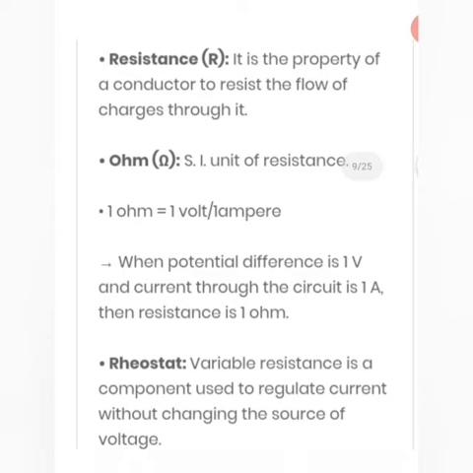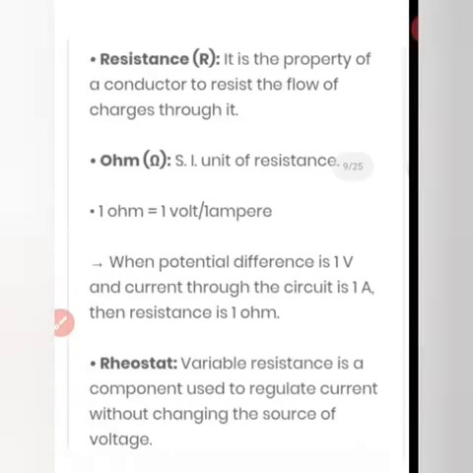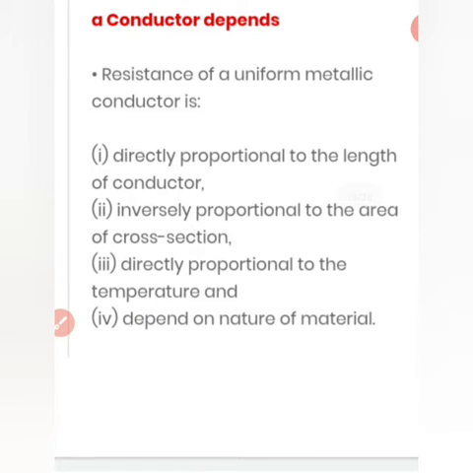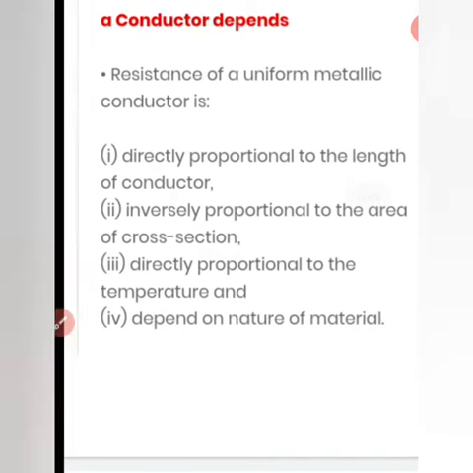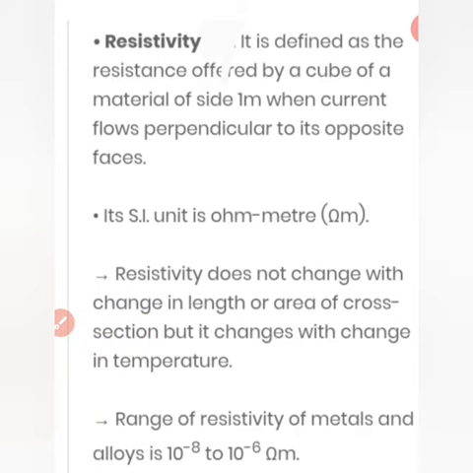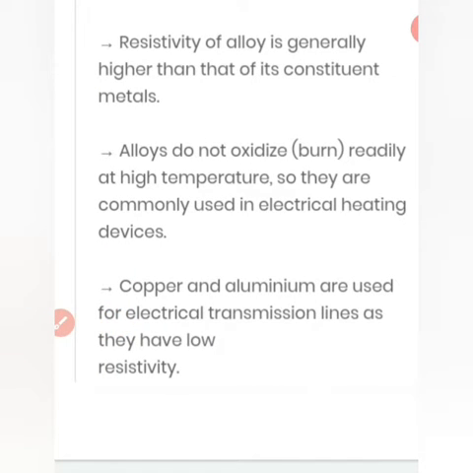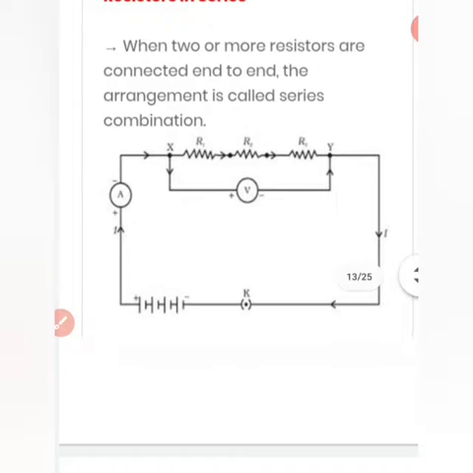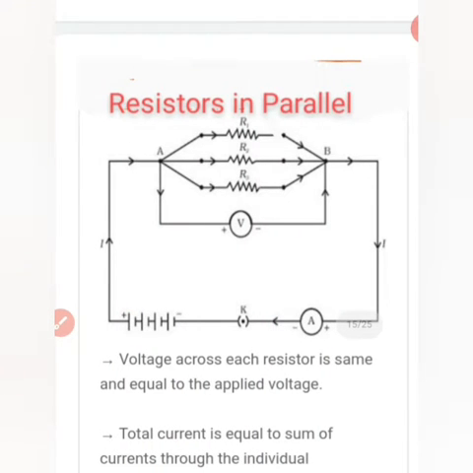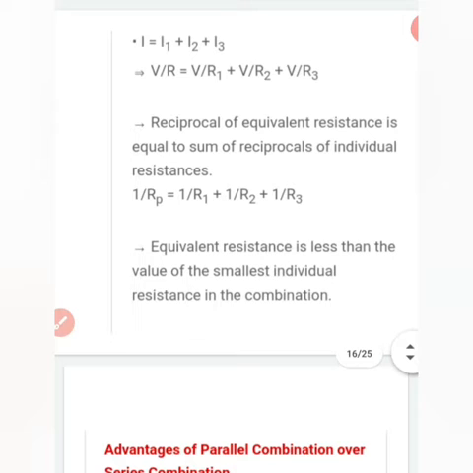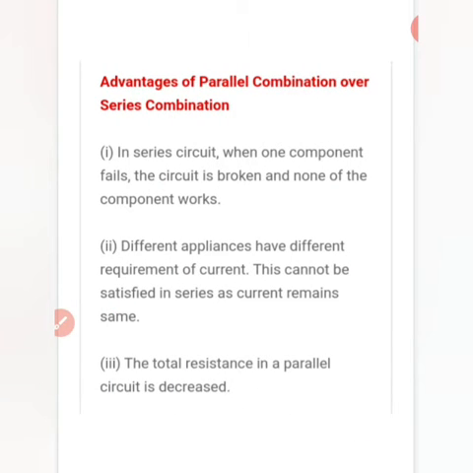We will study resistance, then on what factors the resistance of a conductor depends, then resistivity, what is resistivity, what is the resistivity of various types of substances, then what type of circuit will be found when the resistances are connected in series, and what type of circuit will be found when the resistances are connected in parallel,